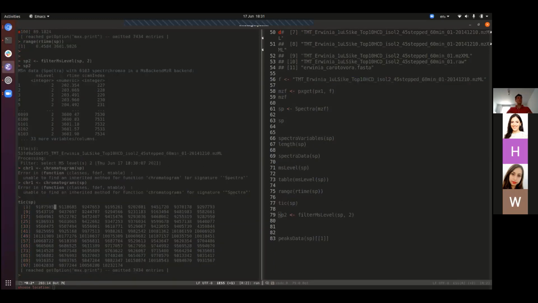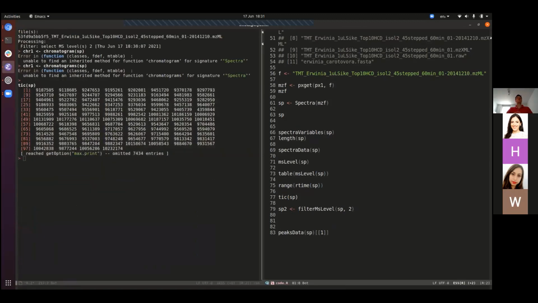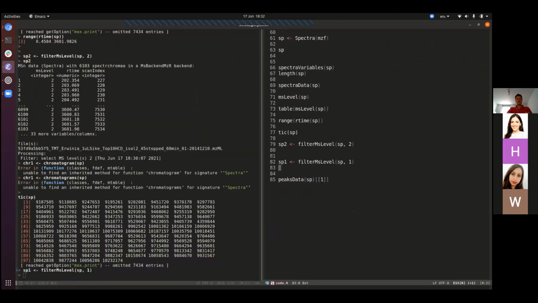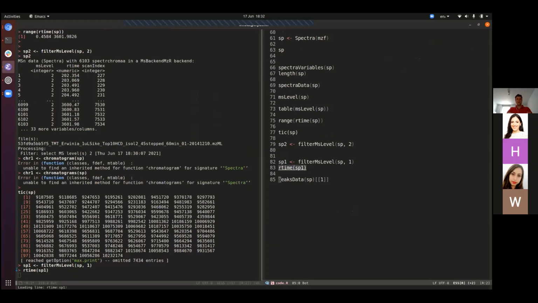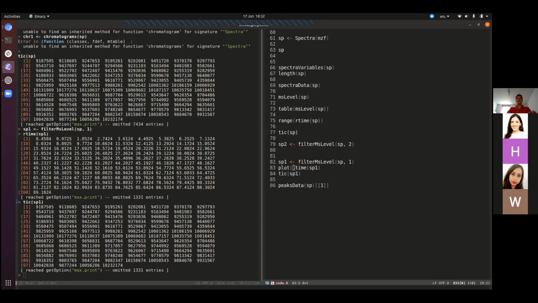Okay, and so to create the figure that shows the total ion current over retention time, what we are going to do is, because this only really makes sense for MS1 data, let's extract first the MS1 data. I'm going to call this SP1. And then I'm going to extract the retention time of SP1. Here it is. I'm going to extract the total ion count of SP1. Here it is. And I can now plot this